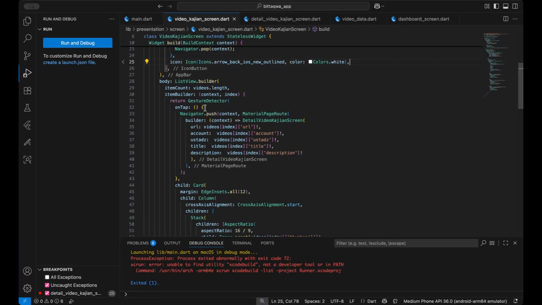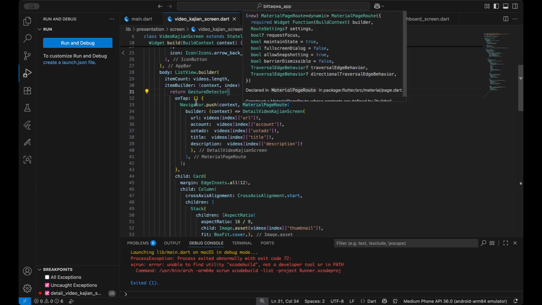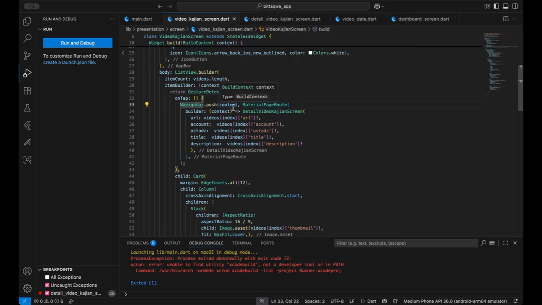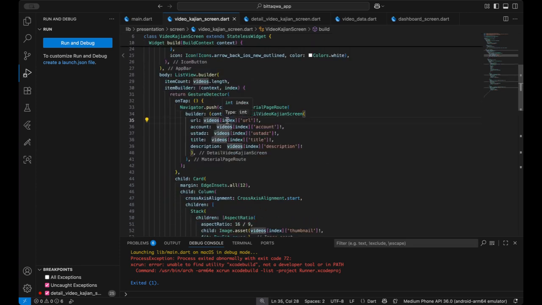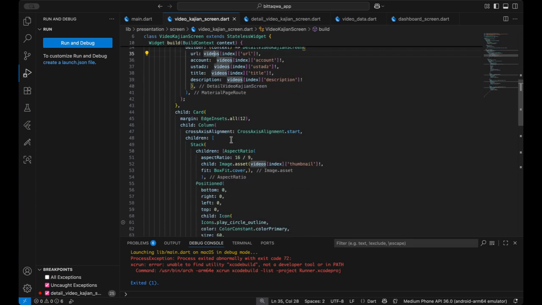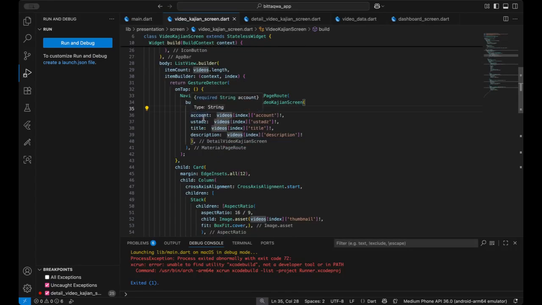So here there's a gesture detector so we can click the button, and then there's the URL, the account, the Ustad, the title and the description. And then we go to the card.